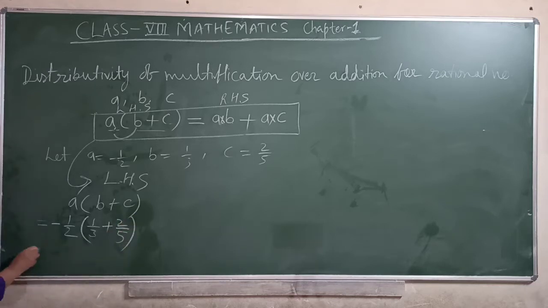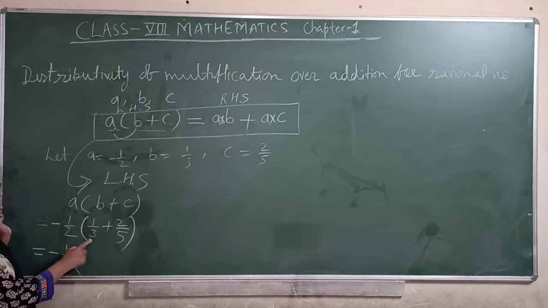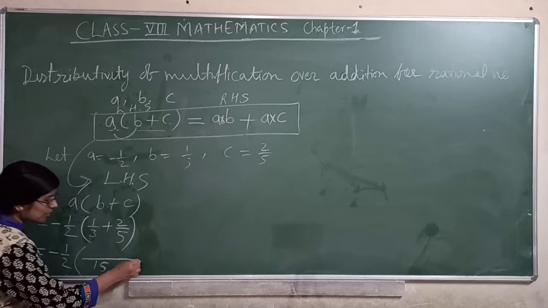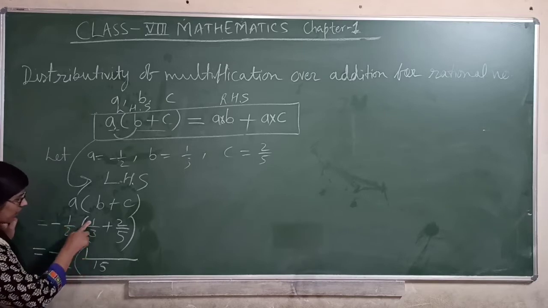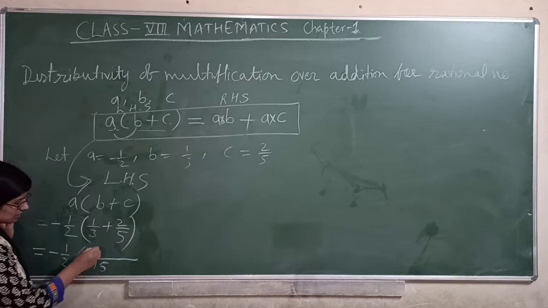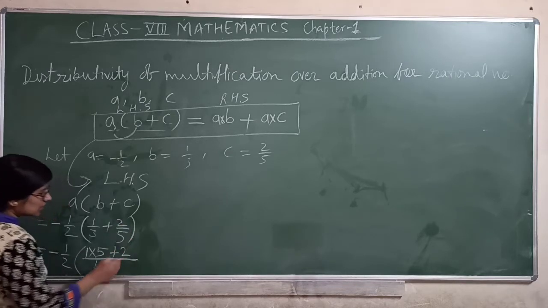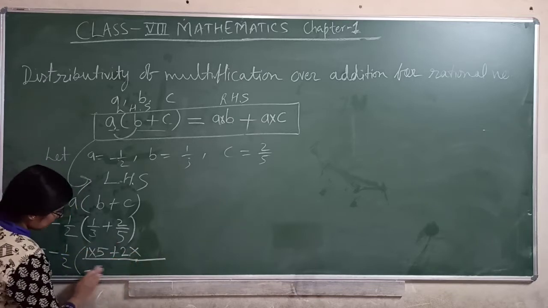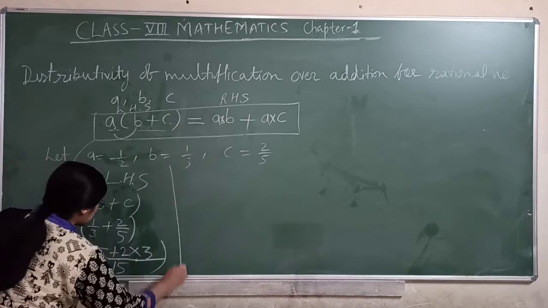First we calculate this one. Minus 1 by 2 is it? 3 and 5, LCM of 3 and 5. 3 and 5 are co-prime numbers, 3 times 5 is 15. When you have co-prime numbers, you can multiply. 1 already you have. 1 into 15 divided by 3, LCM divided by denominator. So what is left? 5. We will write here. Plus 2, 2 already you have, into sign, multiply sign, 15 divided by 5. 15 divided by 5, so 3 you have. You will do like that.